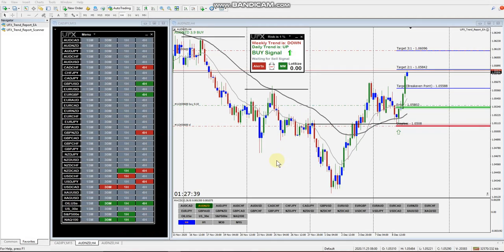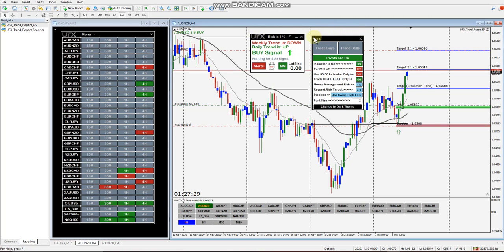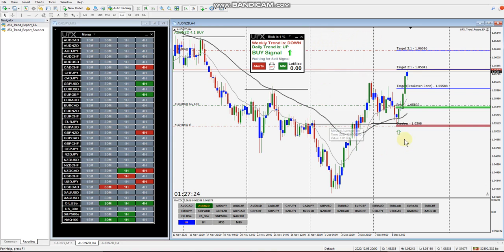Okay, so I just wanted to do an update on the trade that was taken in video 5 tutorial, how to use the UFX trend report EA. In that video, if you haven't seen it, I just go over using the menu settings here and what they all do. But at the end of the video, we actually got into this trade here,